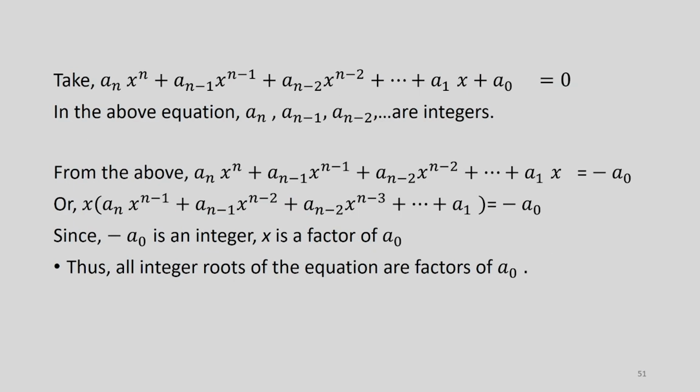So, we have this equation an multiplied by x to the power n plus an minus 1 multiplied by x to the power n minus 1 and etc. The last terms will be a1 x plus a0 is equal to 0. This is an equation, and in the above equation, suppose all the coefficients are integers. So, an minus 1, an minus 2, all are integers. Now, from the above we can just subtract a0 from both sides. So, we get this expression